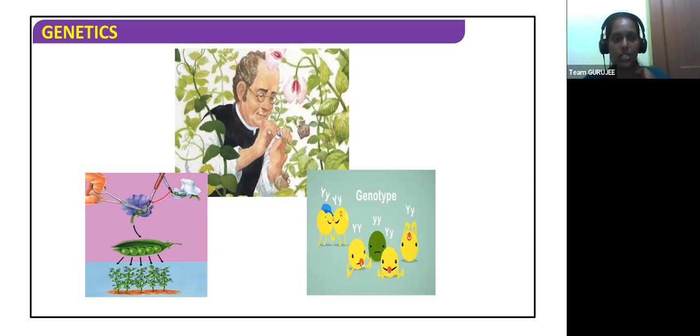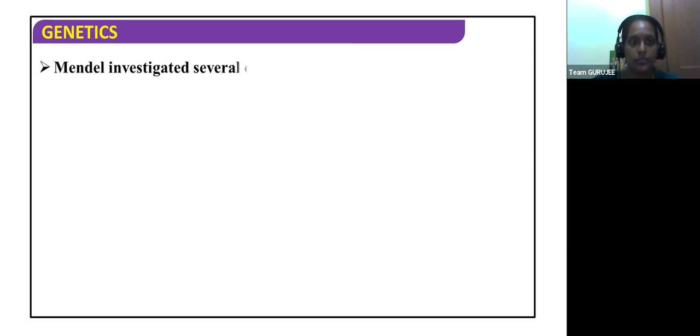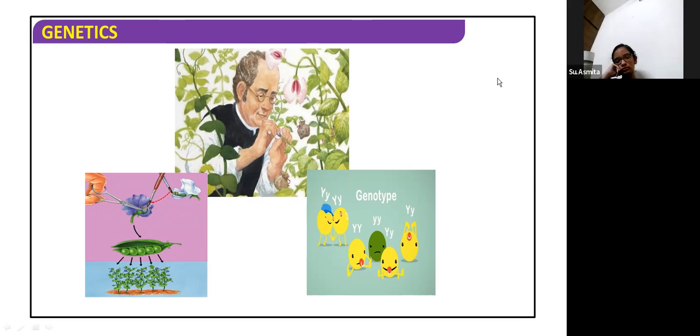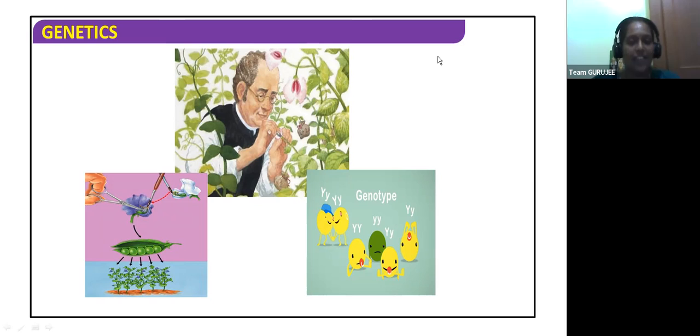What was the first step? The first step is emasculation. If you all remember, what is emasculation? Ma'am, removal of the stamens. Yes. Is the pea plant's flower bisexual or unisexual? Bisexual. Right, it's a bisexual plant which has both male and female parts. So the stamens were removed, and here you have the female part remaining in the plant, and the male part is transferred to the female plant. You can ask me, can't we do it the other way? Why can't we do it the other way?